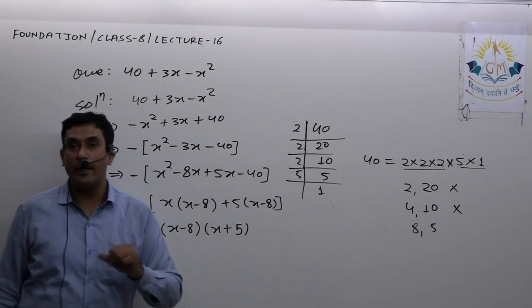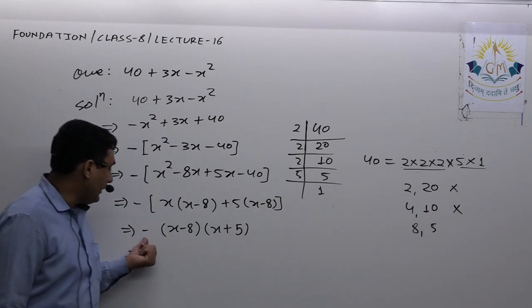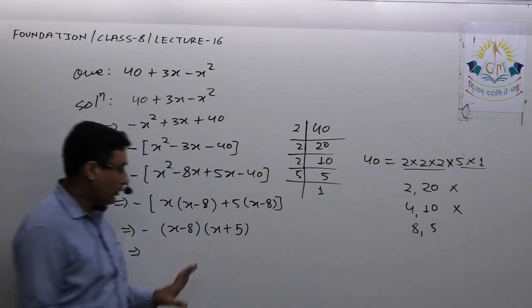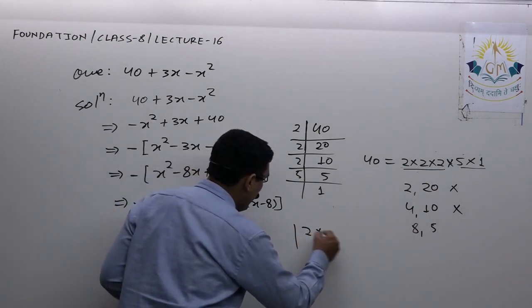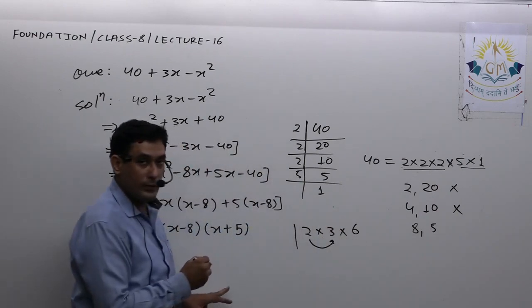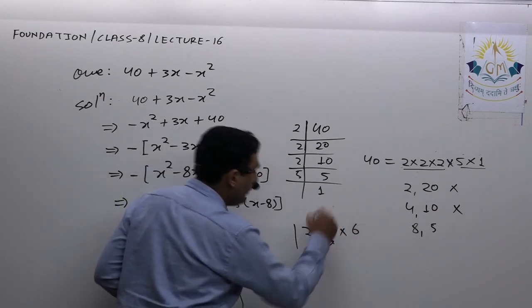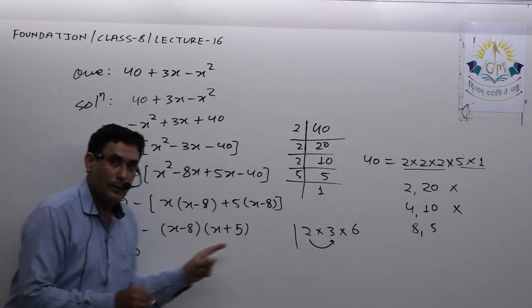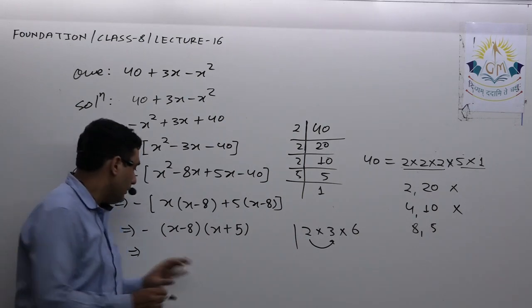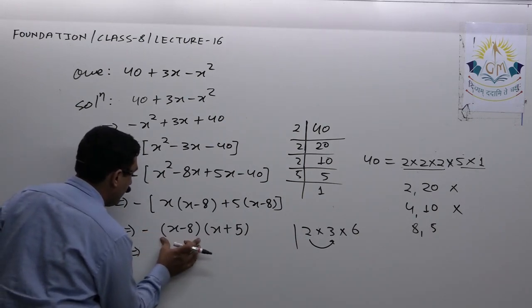Now many of you may have this doubt that we have to multiply this minus sign within this bracket as well as in this bracket. No, see over here, suppose you have 2 into 3 into 6, then definitely you multiply only 2 with 3, you won't do 2 into 3 and 2 into 6, isn't it? These are in multiplication, so if I'm multiplying with this, I won't multiply with this. So I'm multiplying this minus sign with this.